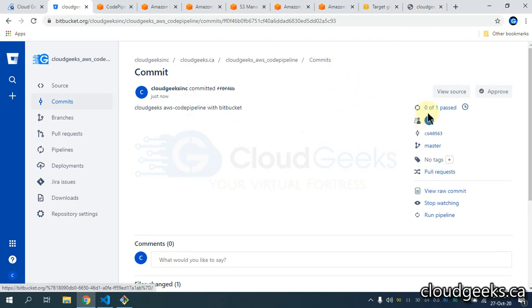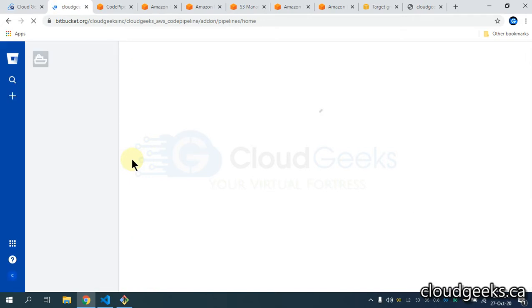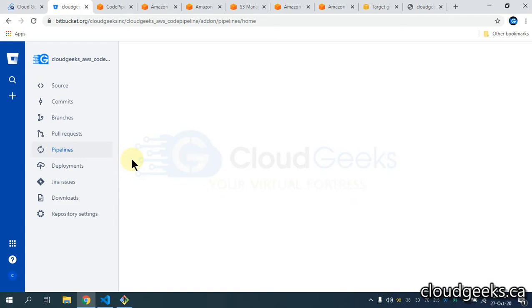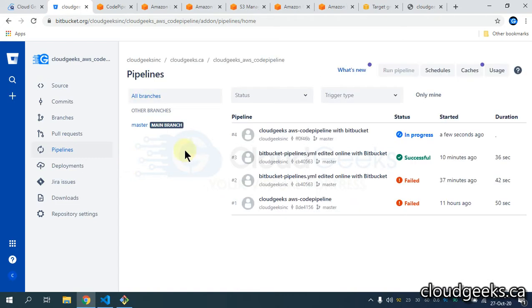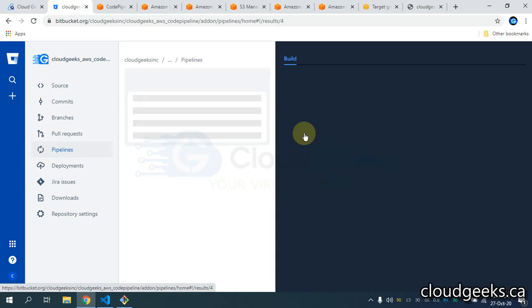So I've committed this, and if I navigate to the pipeline section, let's see whether our pipeline is running. Okay, so you see our pipeline is triggered with the commit we have done. It is the Cloud Geeks AWS CodePipeline with Bitbucket.